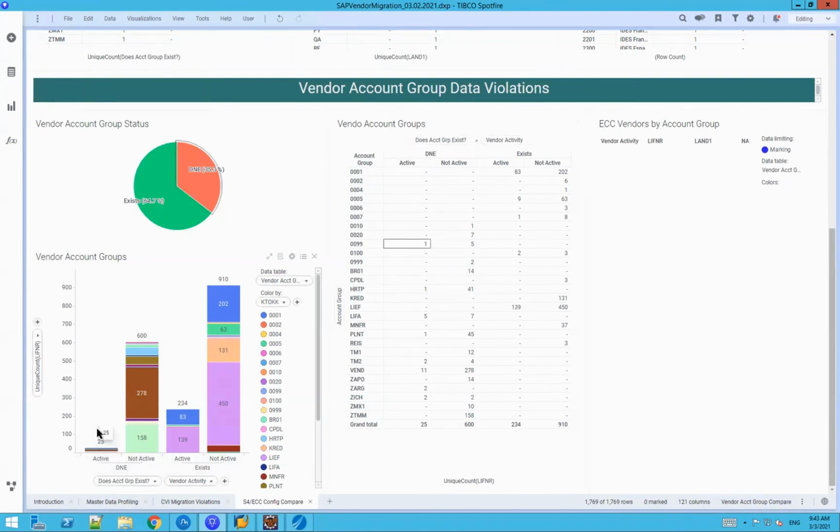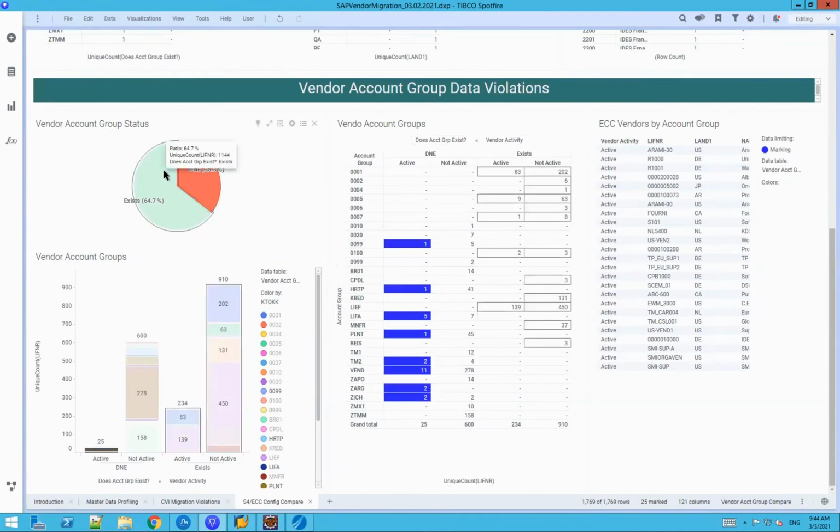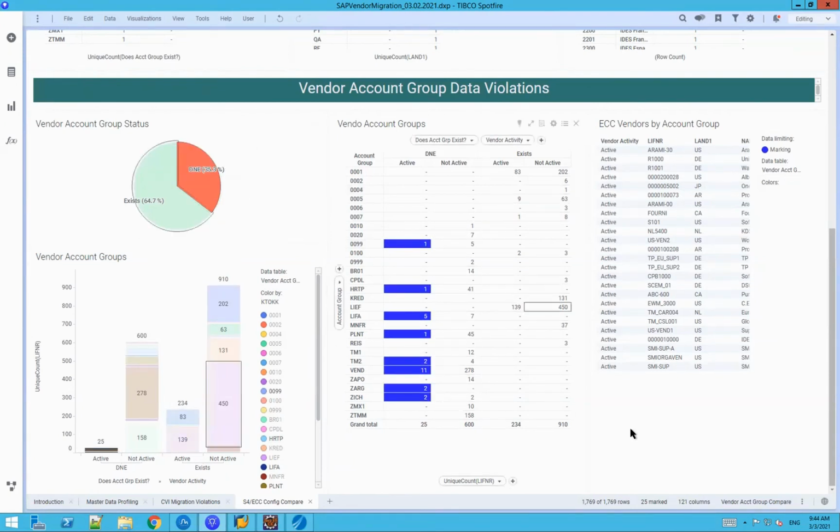You can see here it's also broken up in this chart. I'm going to highlight this chart and it's going to tell us these are the areas that we need to look into, all these records here. Are they irrelevant, and we're not going to migrate them so we can take them out of the scope? Or is this account group missing in the configuration for S4, and we need to tell someone to go configure that so this ties out? At the end of the day, we should have this tie out to 100%,